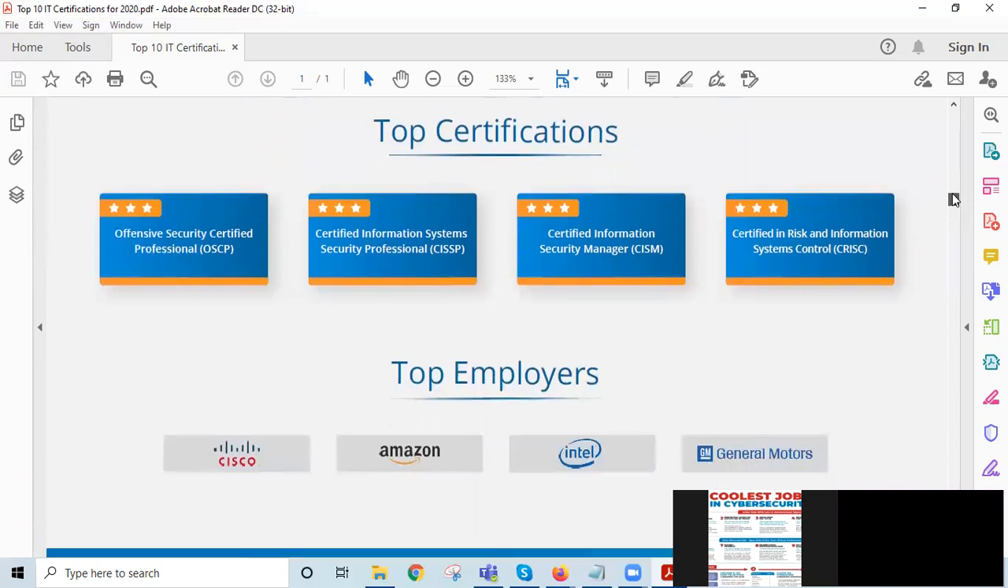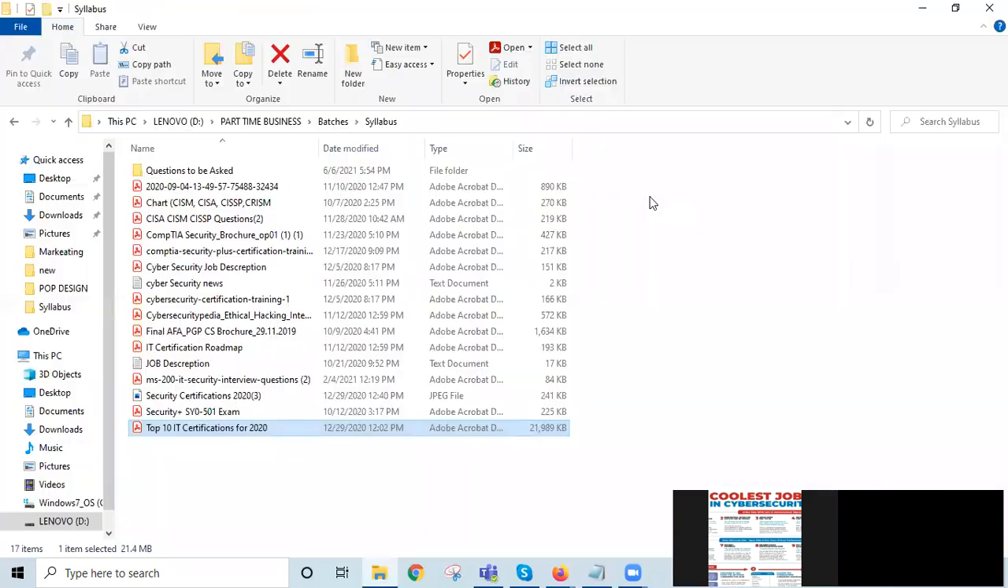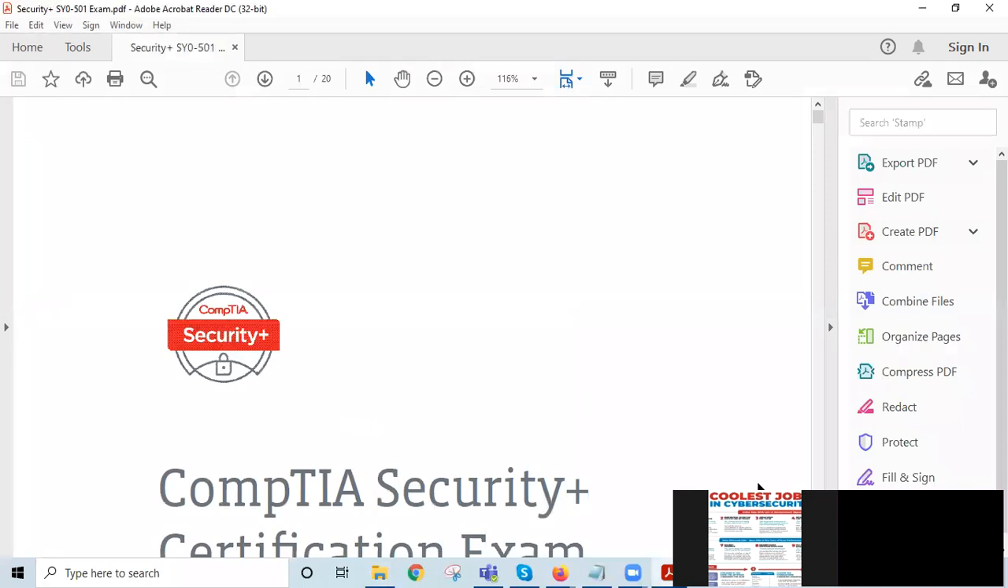This is the second option: Cisco, Amazon, Intel, and General Motors. A number of companies require cybersecurity professionals. Most of the security professionals are required in companies. Okay, so we're talking about you being here for Security Plus, and what is inside the Security Plus